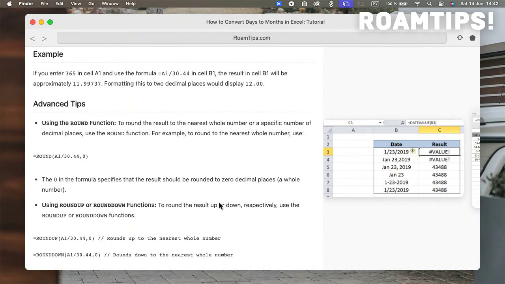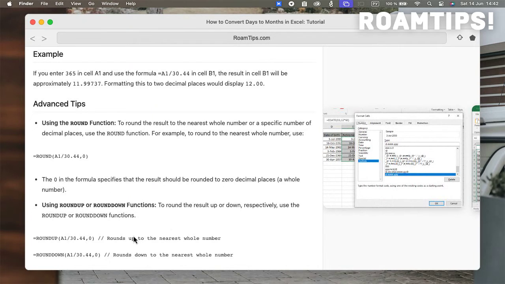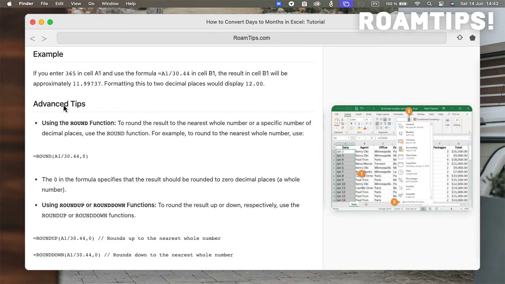Here's how it works. The EDATE function adds a specified number of months to a starting date. So, we'll need a starting date. Let's assume all our calculations start from January 1st, 2023. In cell C1, we'll type the following formula, equals EDATE, January 1st, 2023,